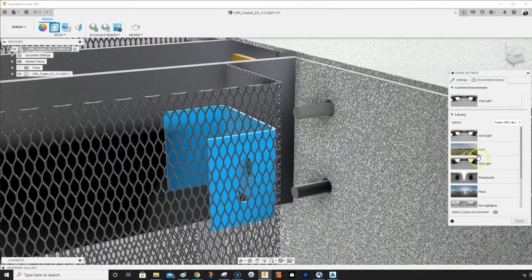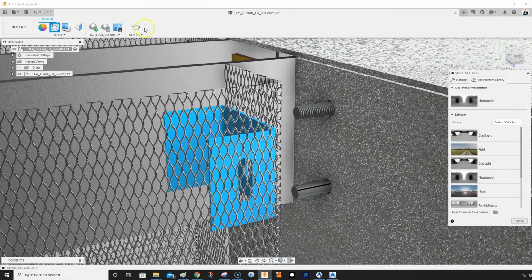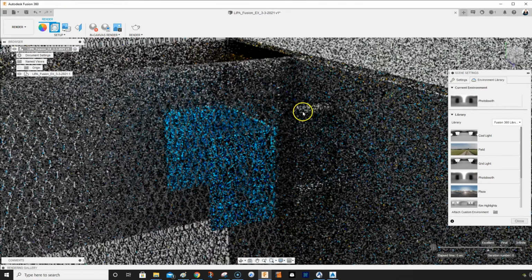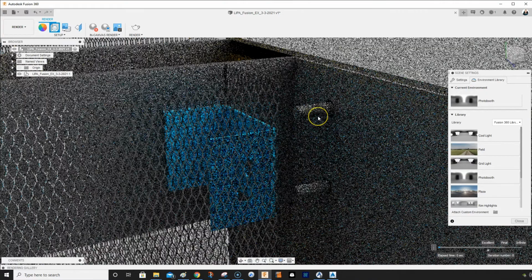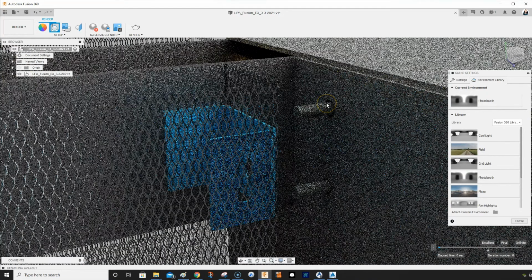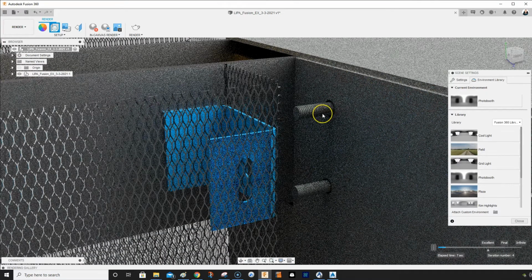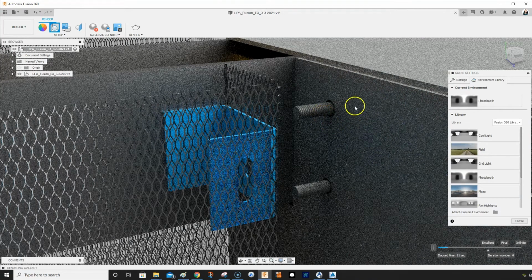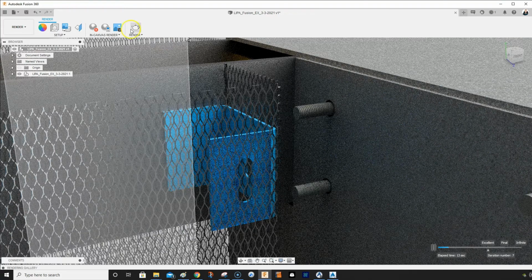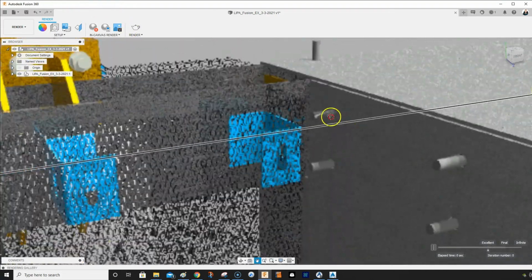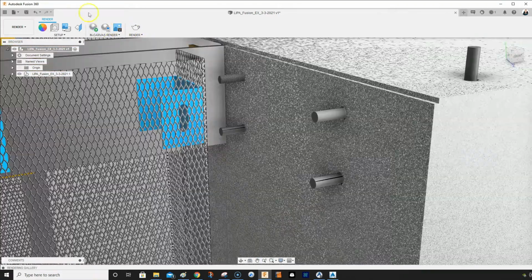So let's go Environment, Photo Booth, and now if we do play, that's actually darker. So you can change it, and you can see the threads look pretty sweet there. So maybe if I'm going for a close-up shot, what I'll do is, let's zoom out here,